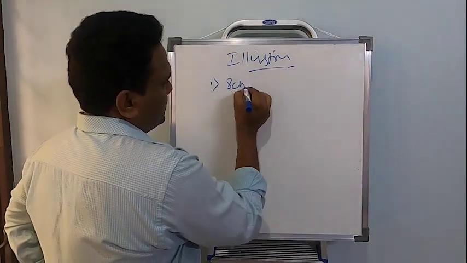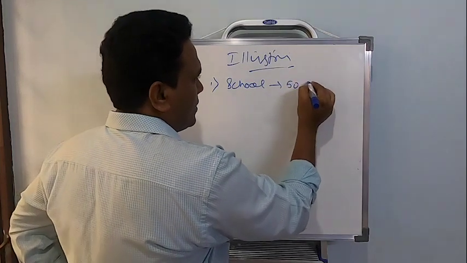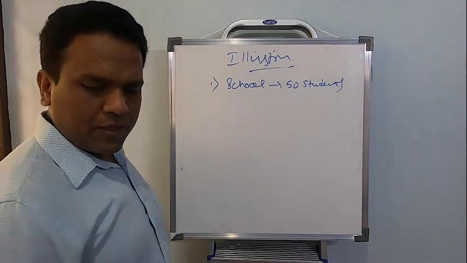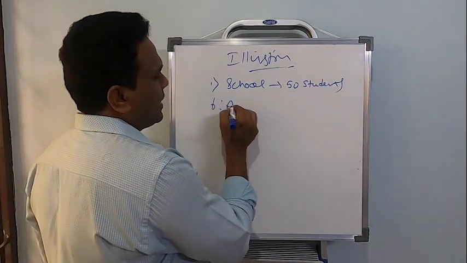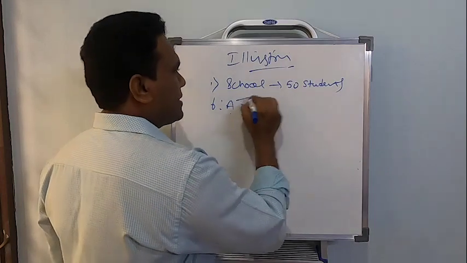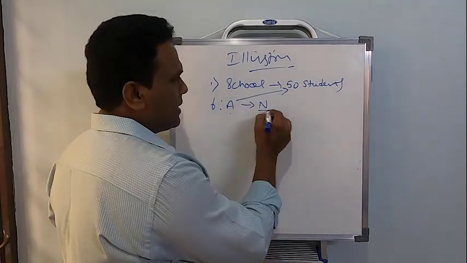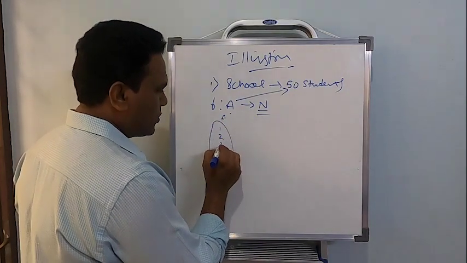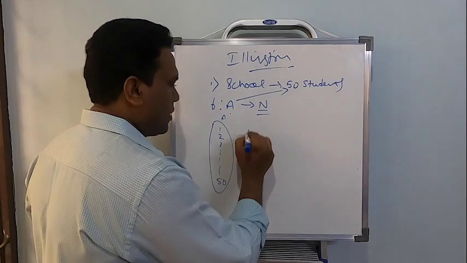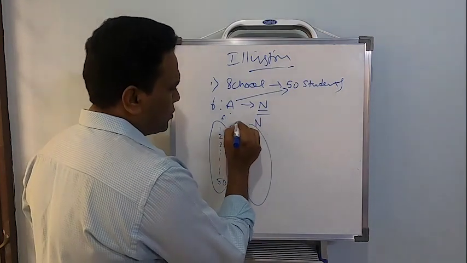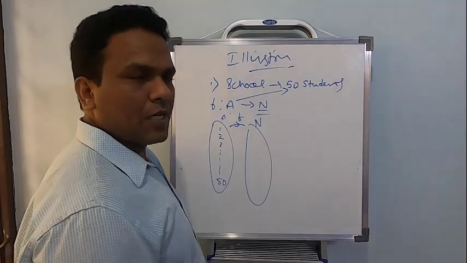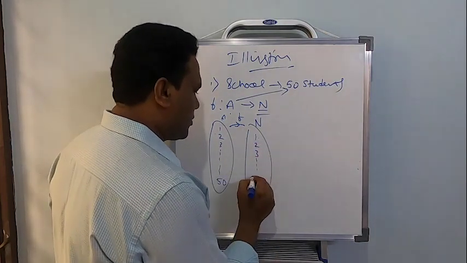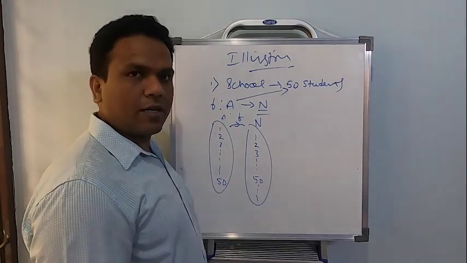there is a school, and in that school there are 50 students. Fine. So on this they are defining a function f from A to N. A is the set of all 50 students. N is the set of all natural numbers. This is set A: 1, 2, 3 up to where? 50. It is limited. What is set B? Natural numbers. So I should write an arrow like this. This says you are defining a function from set A to set B. So natural numbers 1, 2, 3 up to 50, and after that it also continues.